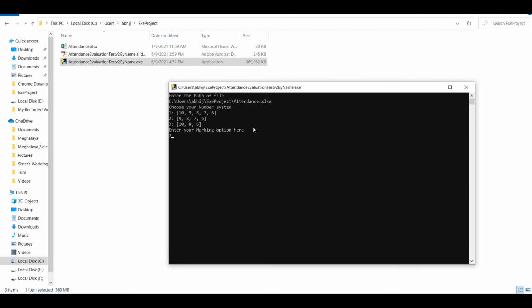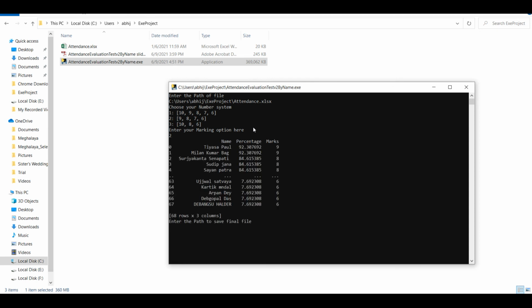After entering 2, I get the names of the students who have filled the Google form, their percentage of attendance, and together their marks.